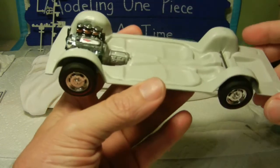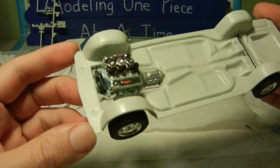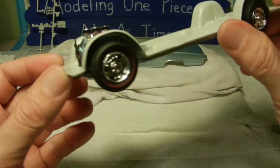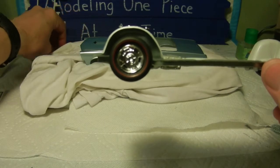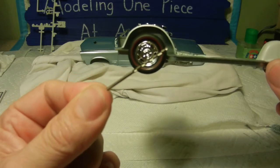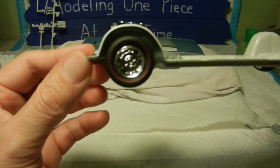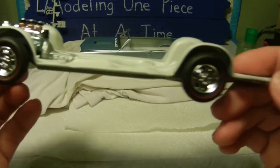Next up, I went ahead and installed the engine to the chassis, as you can see right here. And then of course I slid the front metal axle through the holes, and I installed the tires. Now with the tires themselves, in order to slide them onto the metal axles, I took a 1/16 inch drill bit to open it up a little bit so it'd slide on easy. And then of course I squeezed the tires in place, and they snapped in place. So that's where we are with the red line tires. There's the front, there's the back,